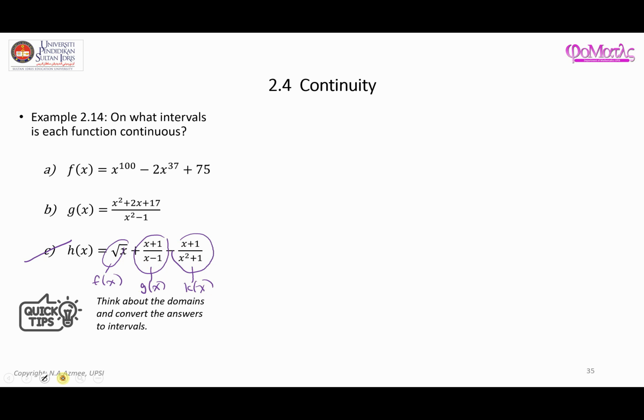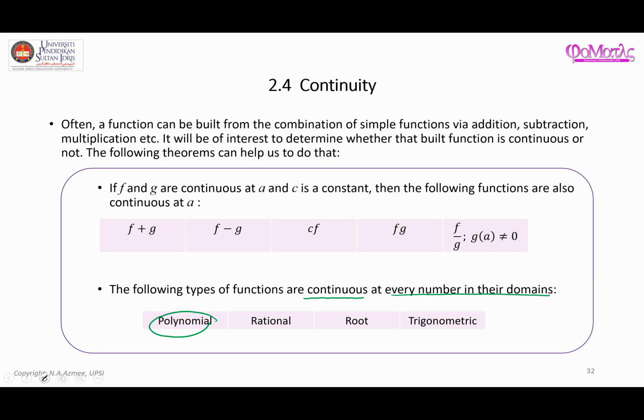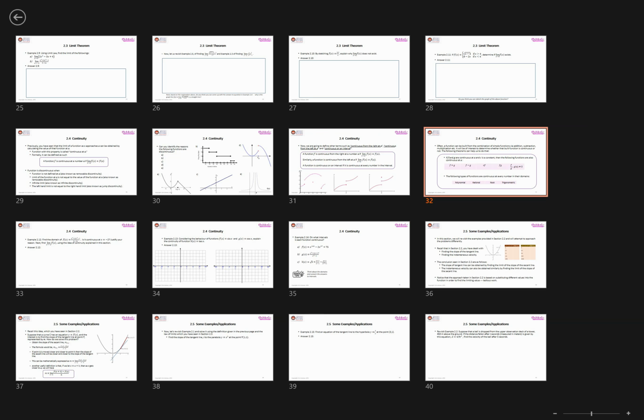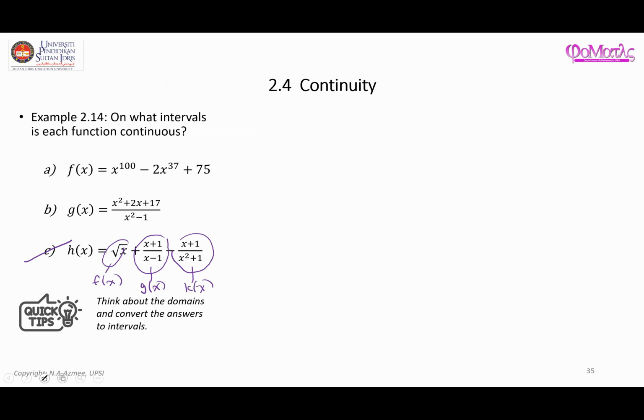And we have seen that if you have a combination of functions, a function formed from the combination of simple functions, and we know where those functions are continuous, then the combination of those simple functions will also be continuous at that specific point. So if we go back to this example, I'm going to consider these functions separately and determine the domains for each of them, and based on that we can think about the intervals such that function h(x)